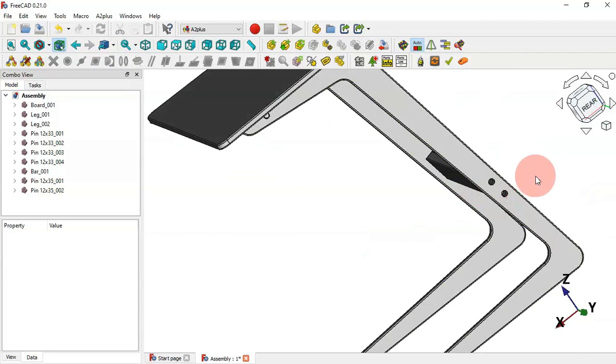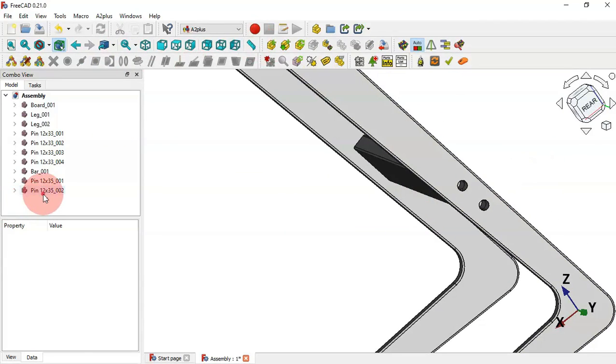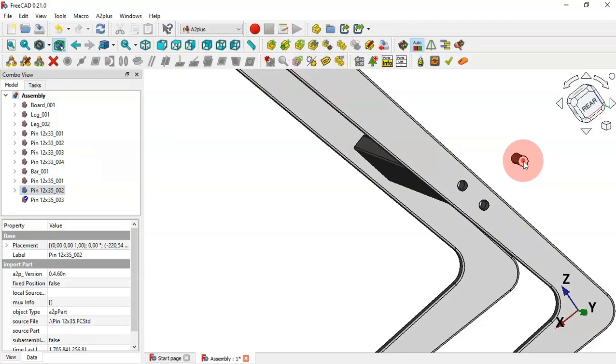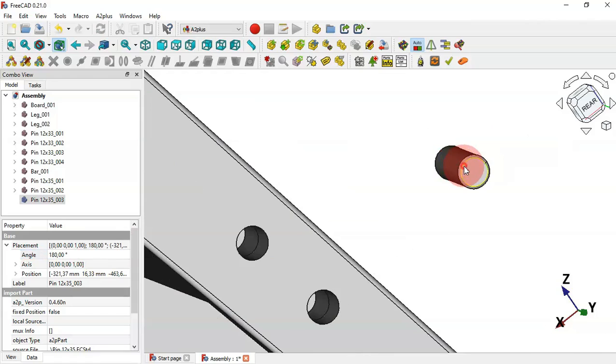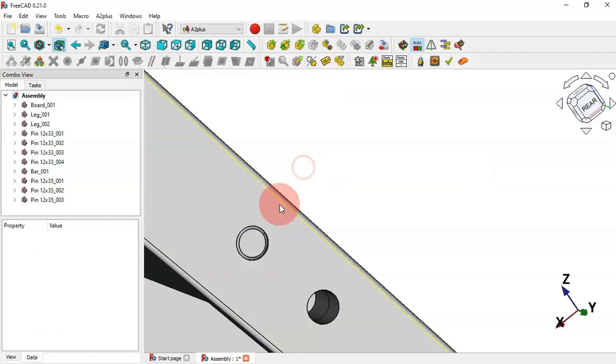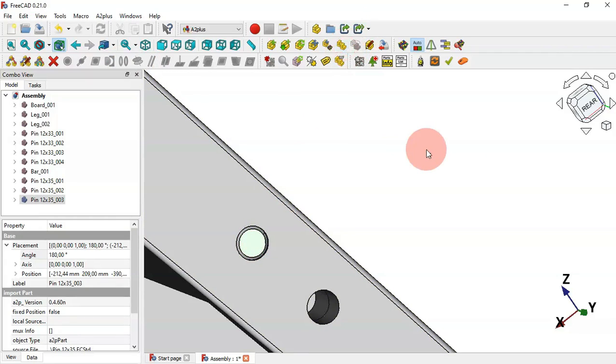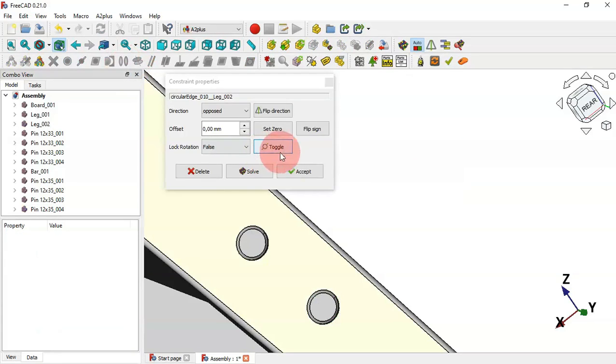In the side here, we'll do the same. Let's duplicate this part here, and also let's rotate this model, this part, 108 degrees. Now we select the circular edge and this edge here, and replace this constraint again. Duplicate this part. Okay, select this edge and this edge, and now replace this constraint. Okay,